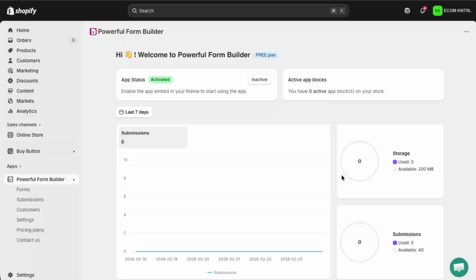And that's it. By following these steps, you'll be able to create, manage, and optimize powerful contact and